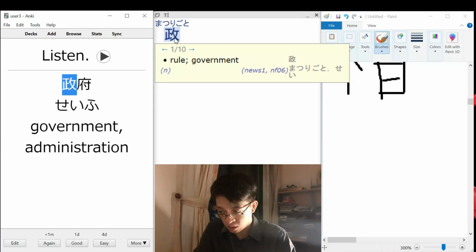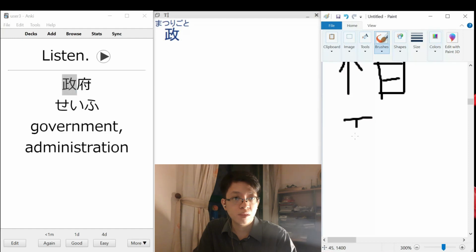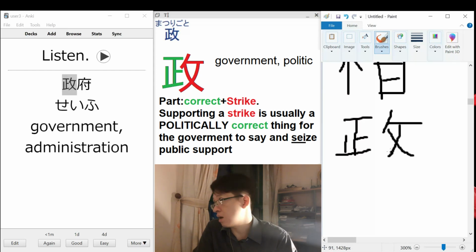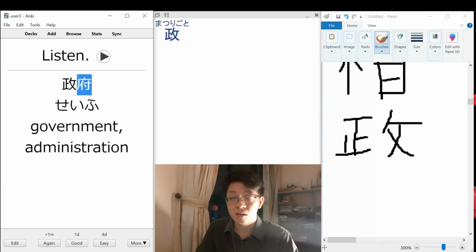This one means government or political. We have this part here meaning to be correct, right? And this part here means a strike or to strike. So I guess the mnemonic becomes something like supporting a strike is usually politically correct. Okay, that's that. And this one means